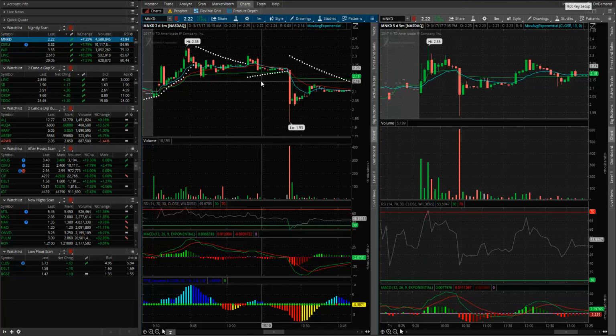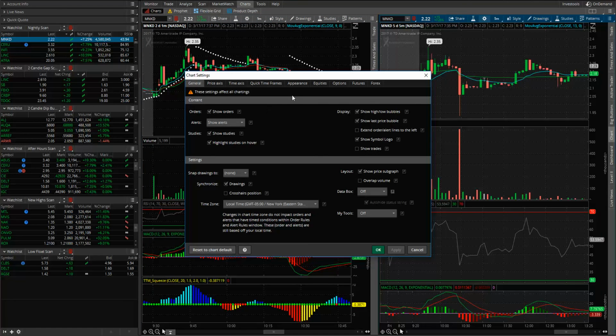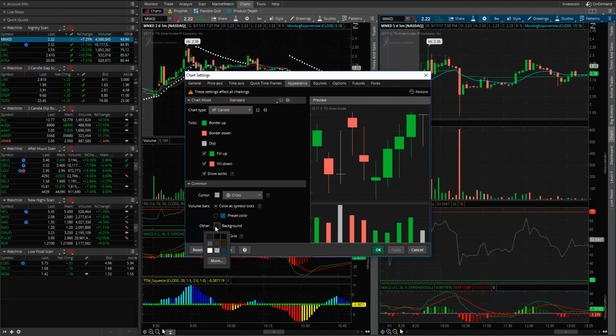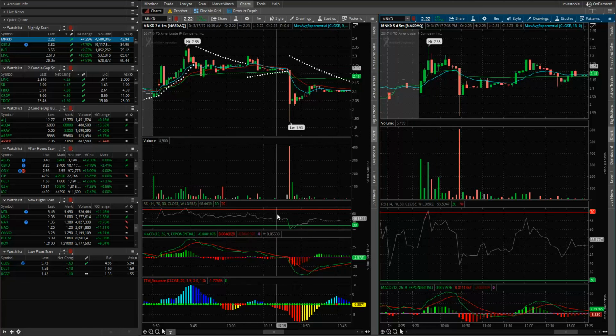OK, and that's actually extra black. This is like a lighter black. So what we had was a lighter black. If I want to make that extra black, I go here as well, and I go to appearance, and I go to black, and I'm gonna make this extra black, and I'm gonna hit apply, hit OK, and now it really pops. All right, now you're gonna say one more,